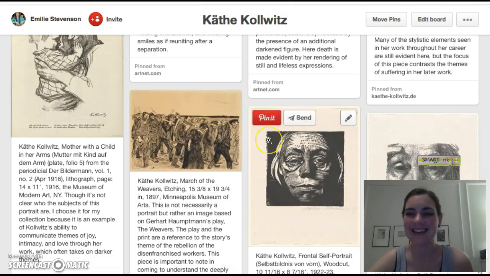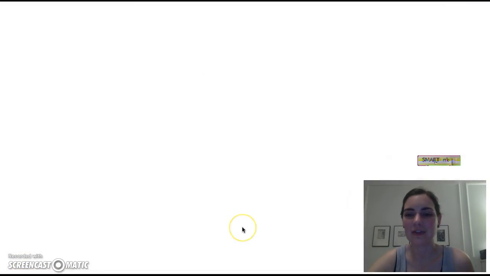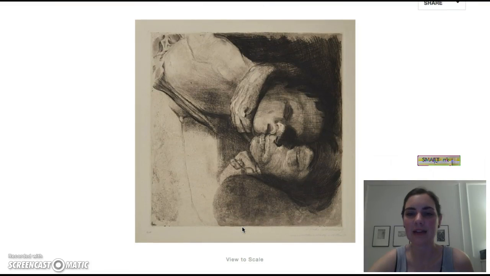And then I'm going to end on the darkest image yet, just because what a great way to end. So this image is called Death of Woman and Child. And this image is one that, the theme she revisits many times in her career, sort of mother and child, kind of referencing the Pietà image, the mother of Christ holding the dead Christ in her lap. So there's a bit of a religious context, and also just a highly empathic context of a mother and a child, either both passing away, or there's other images where death is grabbing the child, which are very, very emotional. So I'm going to stop there on the heaviest image, which is probably a bad idea,